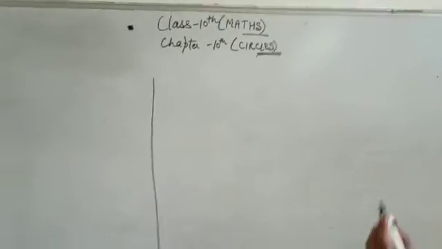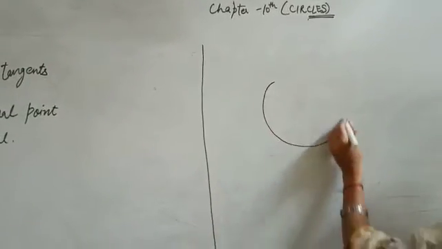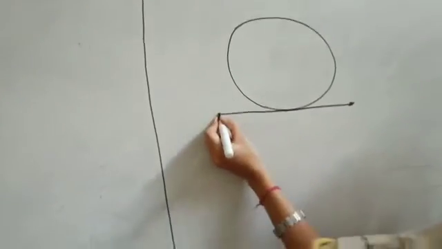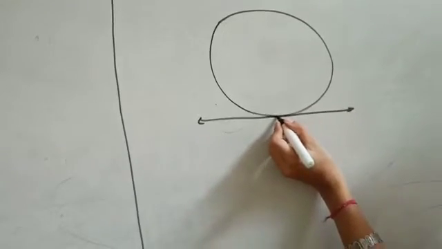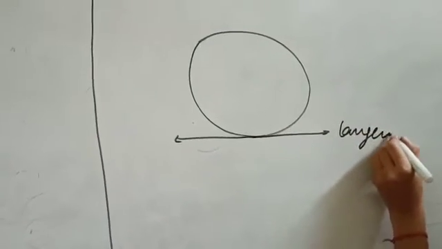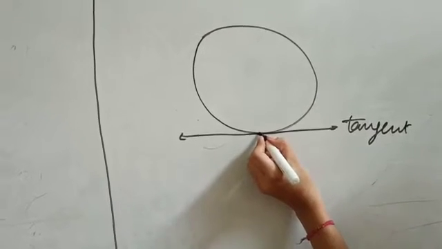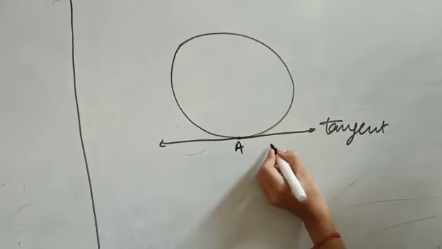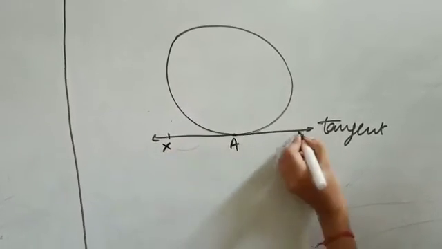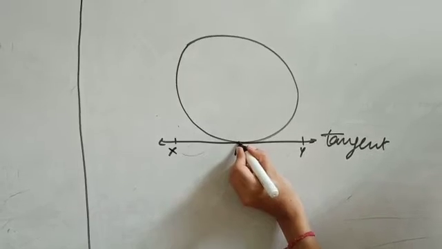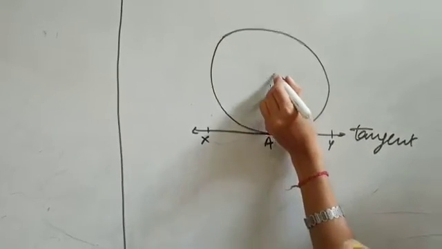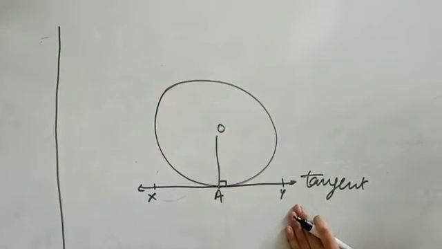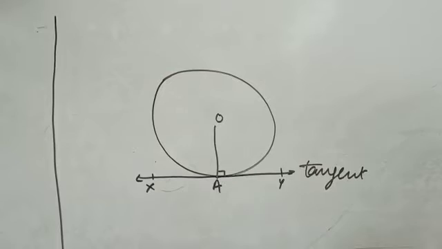Here we have done the previous work. If we are given a circle and a point, and through that point there is a line which touches the circle, then that line is called a tangent of the circle, right? The point which is common to the circle and the tangent is called the point of contact. Here we can say XY is a tangent and A is the point of contact. Through the point of contact, the radius, as the center is O, is perpendicular to the tangent of the circle, which we studied in exercise 10.1.